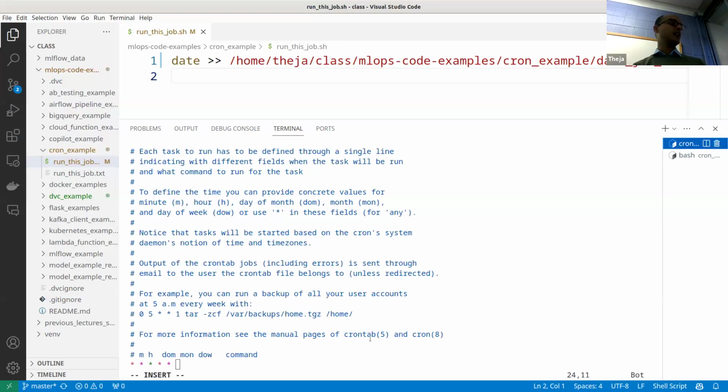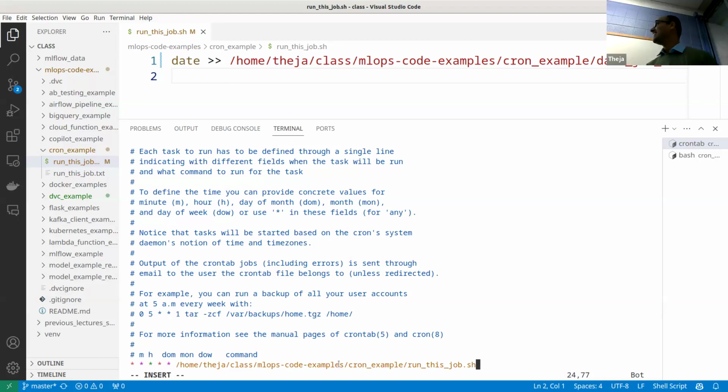So crontab, now we're in the other terminal, is just going to focus on saying, hey, run this program, which is / run this job.sh. That was the name of the file. So at this location there's this script, which is a simple script. You could have a Python script there, but just for simplicity, I have a script ending in .sh. It's called a shell script, but it's not important for us. We could have just written a Python script saying save the date to a text file. In fact, we could do that using ChatGPT or Copilot, but we'll not do that.